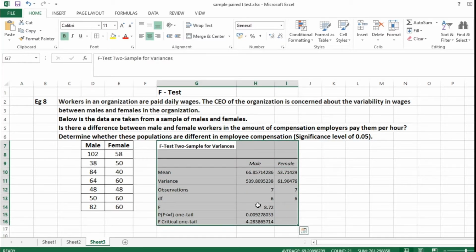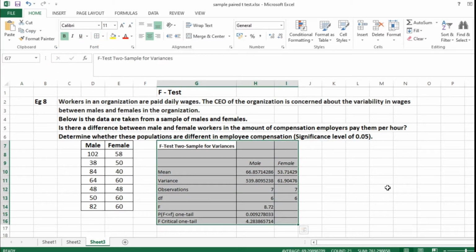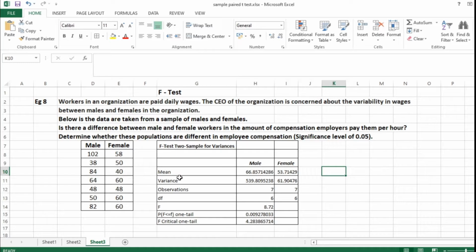So I'm doing some modifications for a table format. So I've calculated with the help of the Data Analysis tab the mean value for male and female. Male is 66.85 and female is 53.71. Variance is 539.80 and for female 61.90.